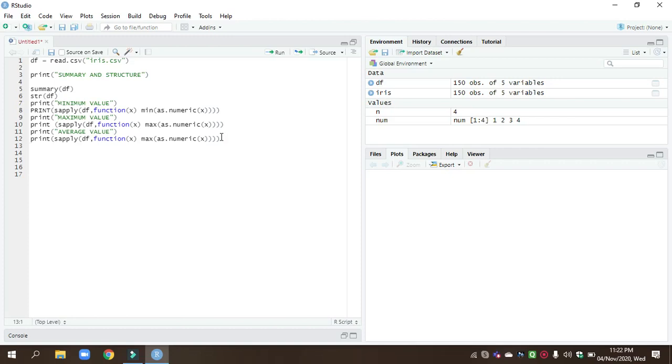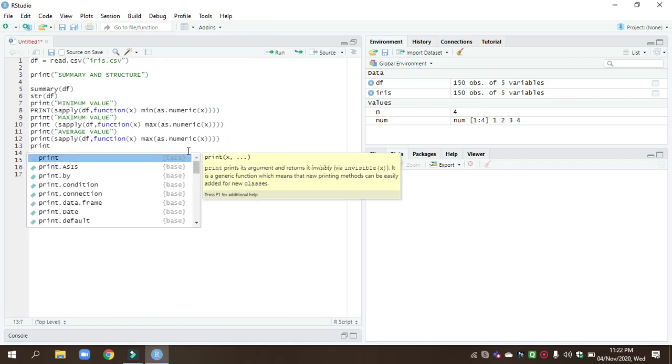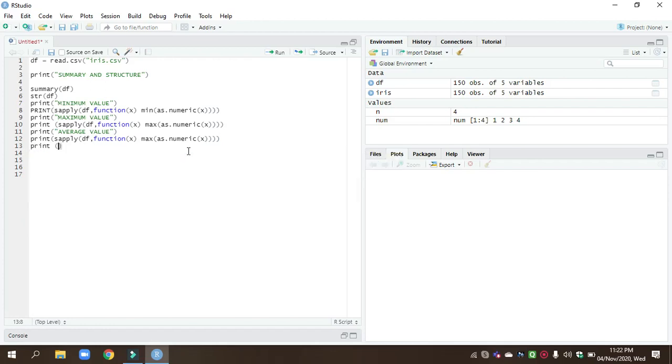Now after the average value we are calculating the range of the value. After the range of the value, we are calculating the standard deviation.